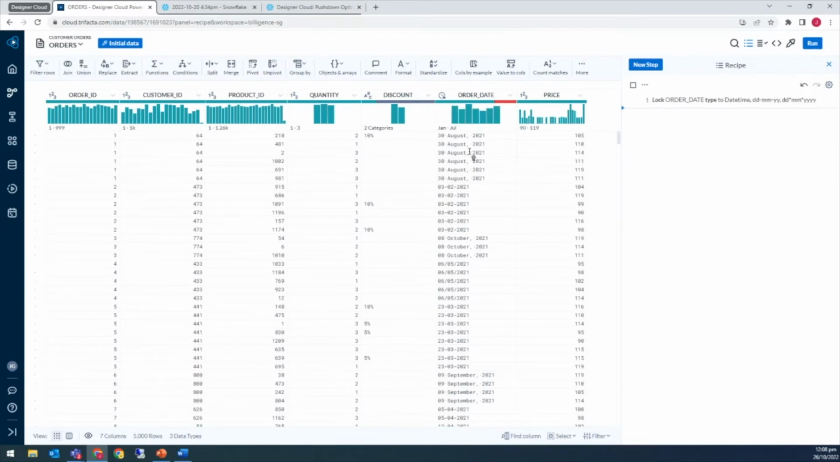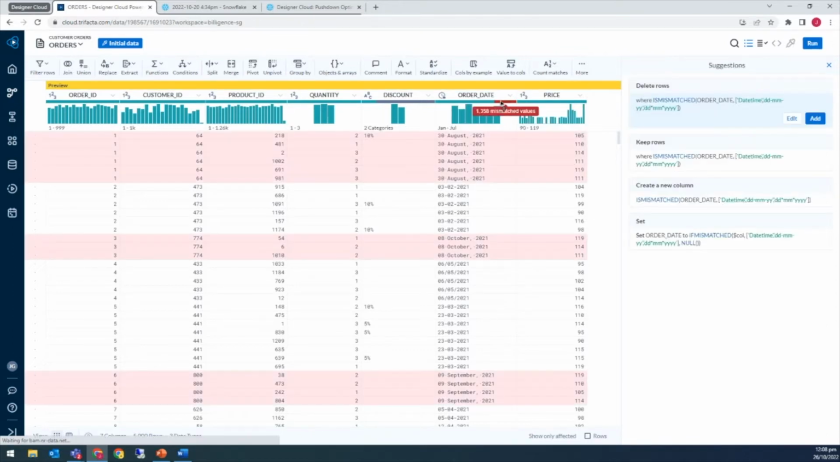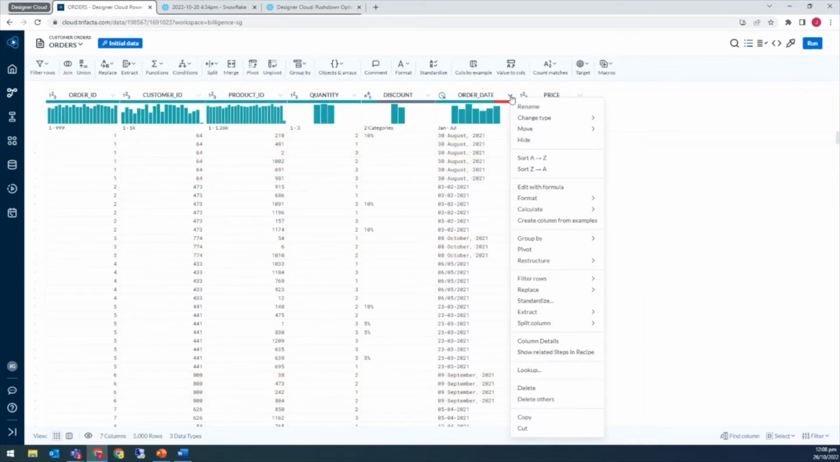Here we can visually see that there are a number of mismatched values in our data. If we click on the red bar, Designer Cloud will automatically highlight to us the rows with the mismatched values. Here we can see that the invalid or mismatched values are because our dates are not in the same format. To fix this, all we have to do is click on the drop down here